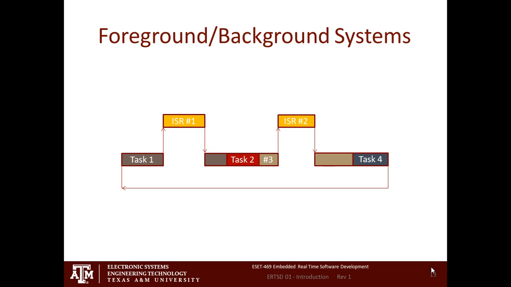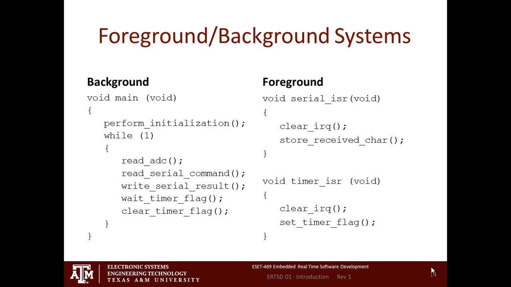Then you run task 2, you start task 3, oops, there's another interrupt. And we're off to the races. And then you do task 4, and then you come back into the loop. Now, those interrupts aren't going to occur at the same time every time in the code, right? But basically what happens is that we're running along, and we stop, and then we restart. Okay? So that's the concept of a foreground background system. So the code up here, by the way, if you log into eCampus, you can follow along on the slide since I know it's hard to see up here.